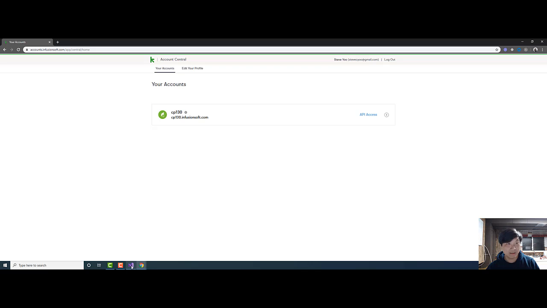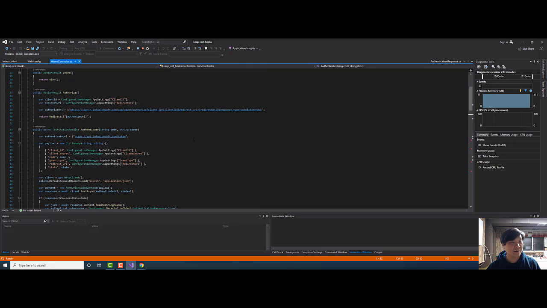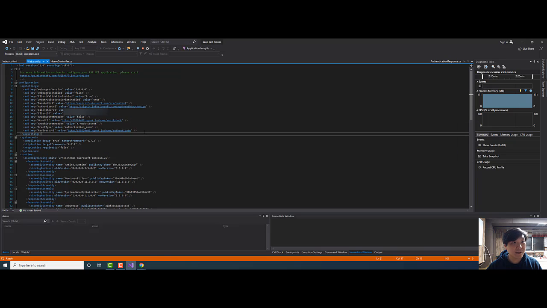Okay, so let's see. That should have gone back. Okay, yeah, so let's see. Auth URL, redirect URI. Okay, so the redirect URI has to be something valid. So what do I mean by that? What I'm defining here in the redirect URI,